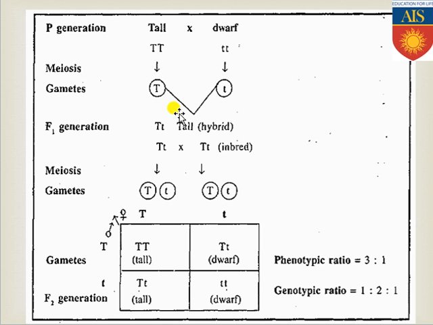The reason behind it is that in the F1 generation we can see capital T and small t, two alternative or contrasting alleles, present side by side, but it doesn't mean they have mixed with each other. They are only present side by side. So when the F2 generation progeny are formed, those alleles get segregated. Due to this proper segregation, they make these three kinds of genotype-containing individuals: homozygous dominant, homozygous recessive, and heterozygous dominant.